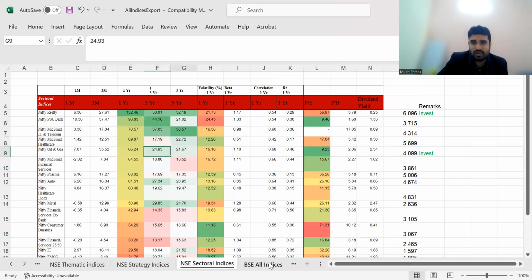One index which we can look at further is the Nifty Oil and Gas, where a lot of value unlocking can be done. You see 66% in the last 1 year, the last 3-5 years is also a very good return, and a PE of 9.25. That means this will go further. So go and invest in the Nifty Oil and Gas sector. Find those stocks. You can find the fact sheet on the NSE Nifty index site.